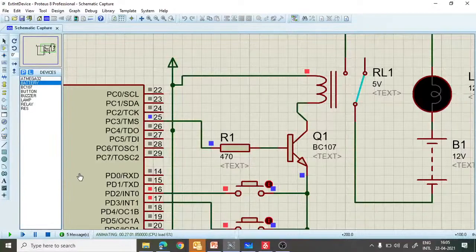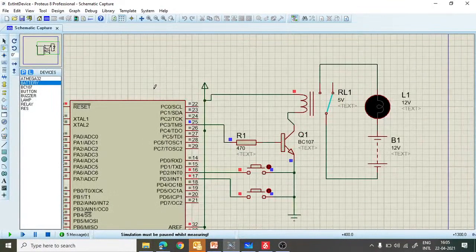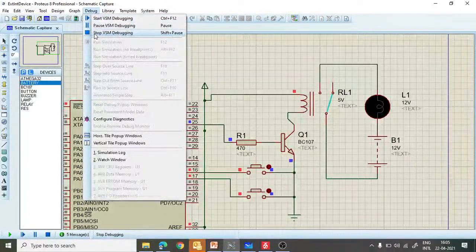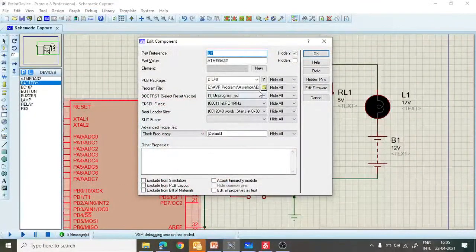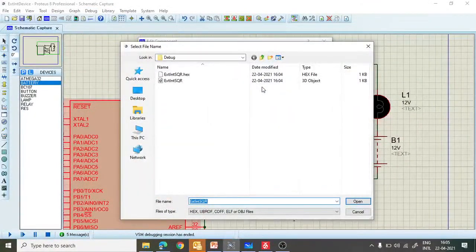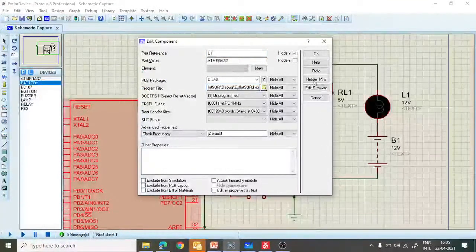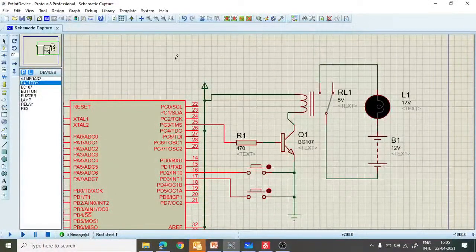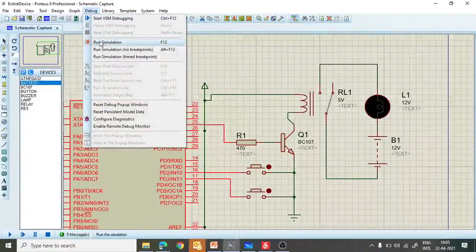Now let us check whether our program is properly defined here or not. So let me check here. First of all, I will check whether our program hex file, yes, the external interrupts hex file is already there. It is the recent hex file already specified there. Let's run this program. Let's simulate this program.